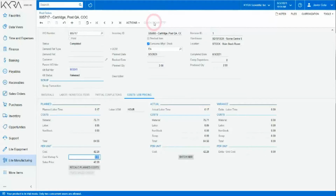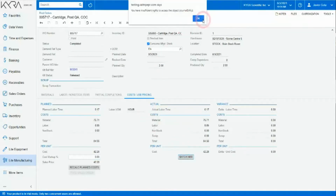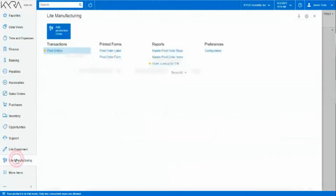And that just is a standard backflush of your bill of materials and your routing, which books your costs. And your costs are all booked into the system. Now, as this user, I don't have rights to be able to look at financial transactions. So you can lock things down. But let's go back and look at a few